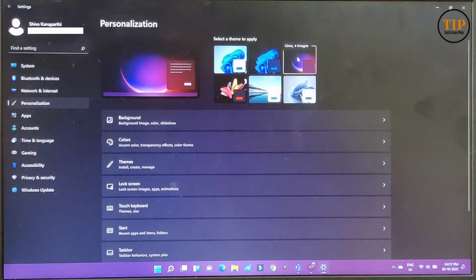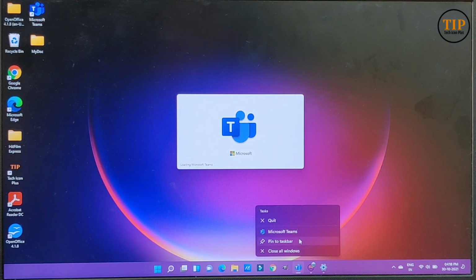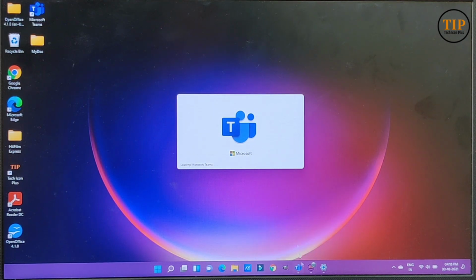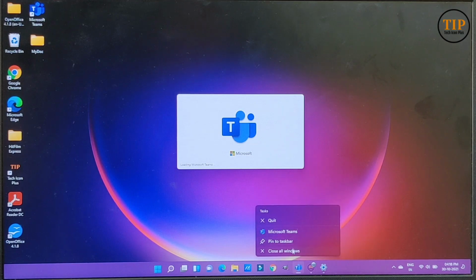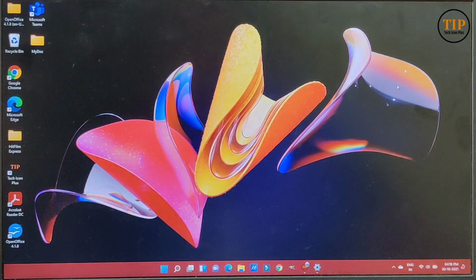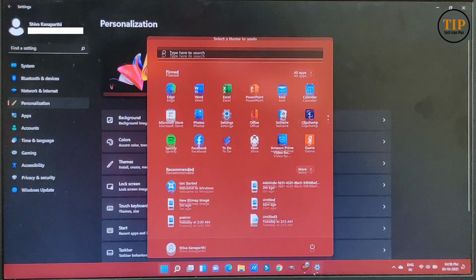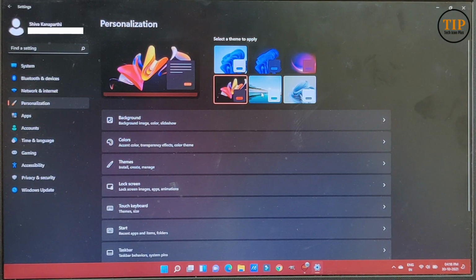Using these options here, we can change wallpapers. I'm going to check these different wallpapers available here. This theme was installed before updating to Windows 11. I installed it when it was Windows 10 and it is still there. Nothing is changed. All the software, folders, files, even desktop files and user profile, everything is there. Nothing is changed, only the operating system. Yep, we are currently on Windows 11.